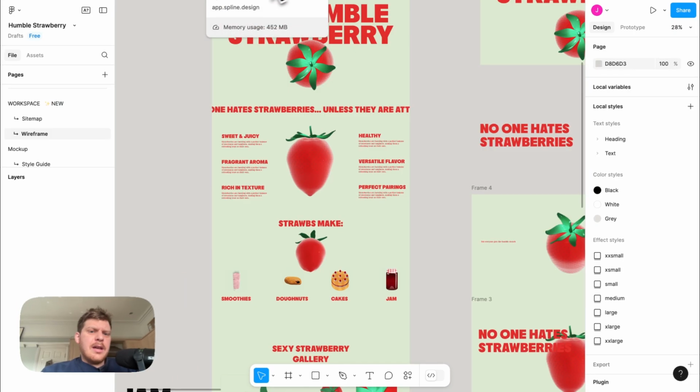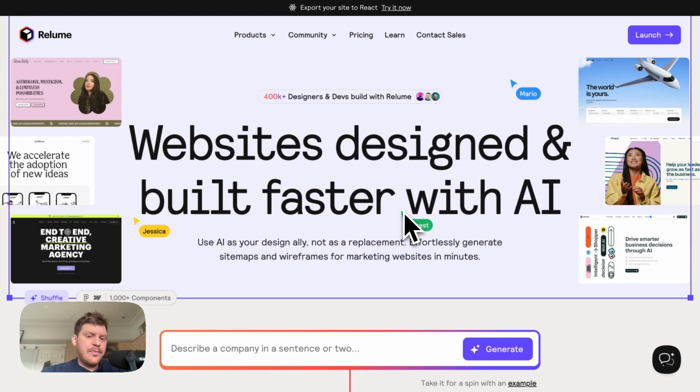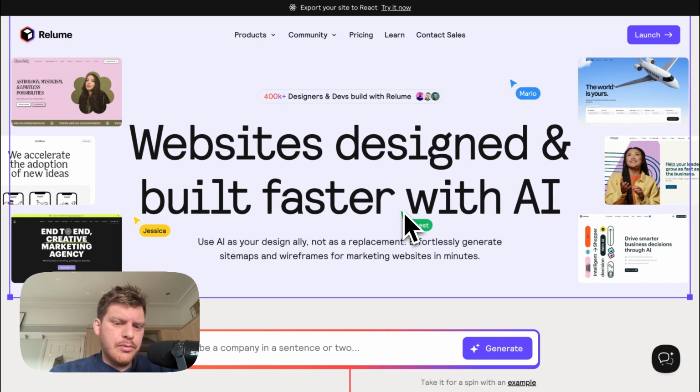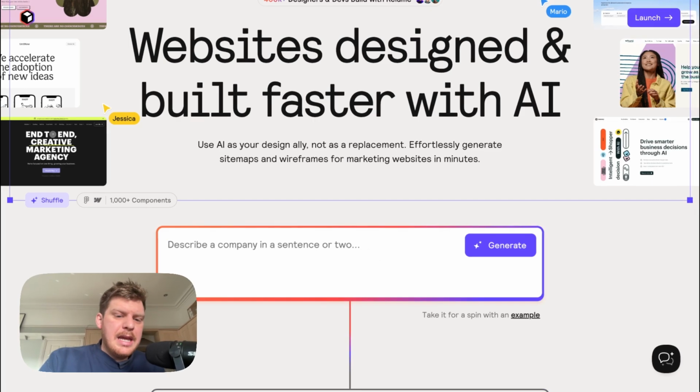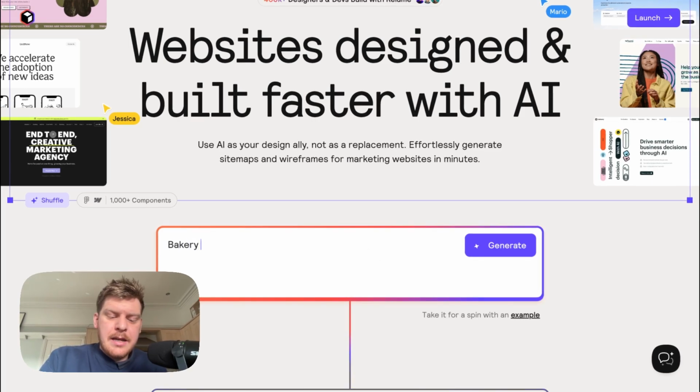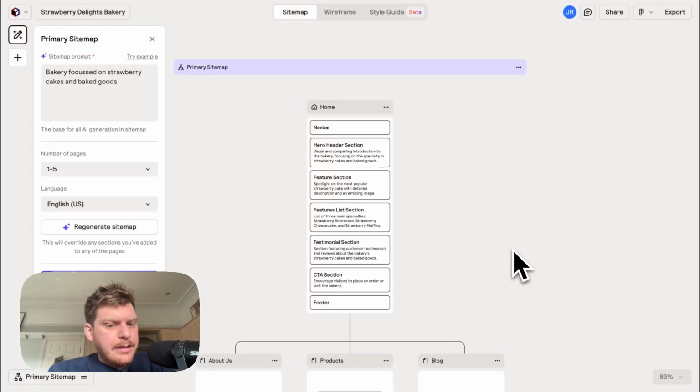So I went from Spline, creating the asset, to this website actually called Rayloom. Now Rayloom is pretty interesting. You can type in a sentence. So let's say a bakery focused on strawberry cakes and baked goods. Okay, now I type in generate into that and I get a sitemap and a wireframe,